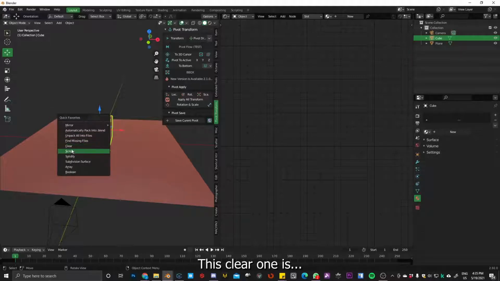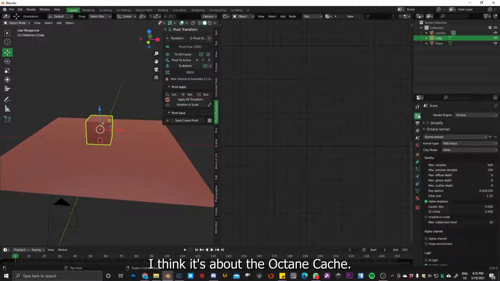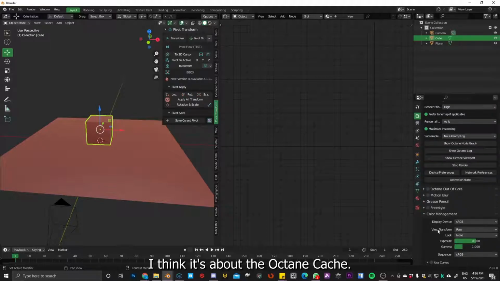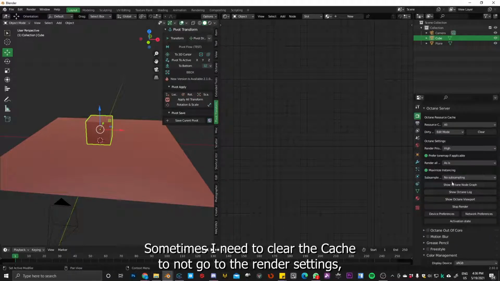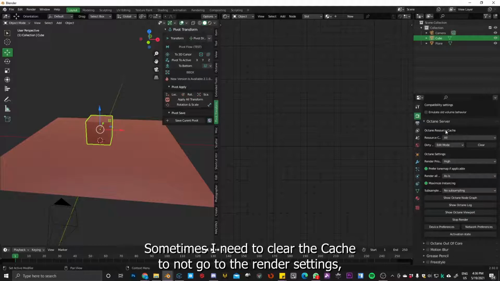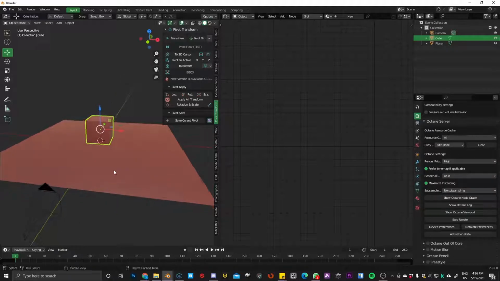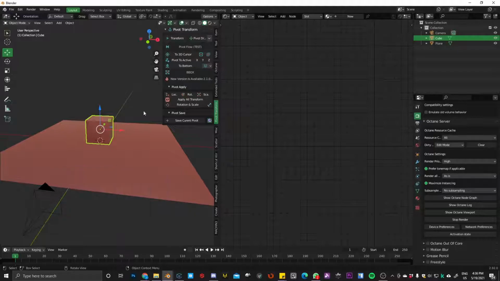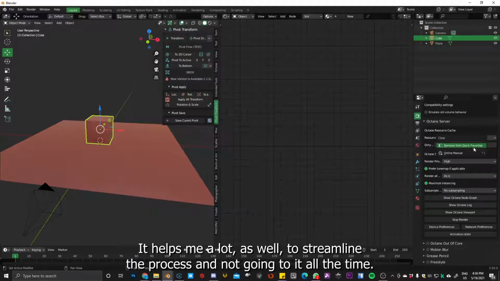This clear one, I think, let me see, okay, yeah, it's about the Octane cache. Sometimes I need to clear the cache, so to not go to the render settings and scroll down, I prefer to have it on my quick favorites. Okay, so it helps me a lot as well to streamline the process, not going all the time.